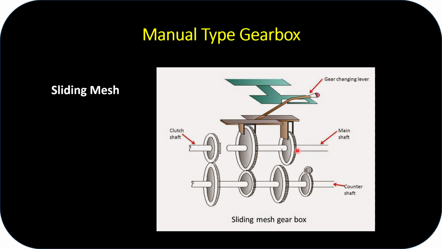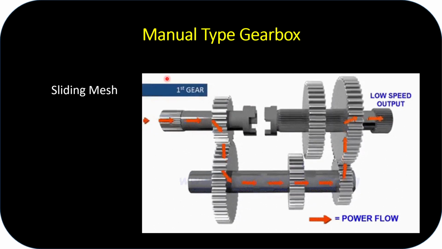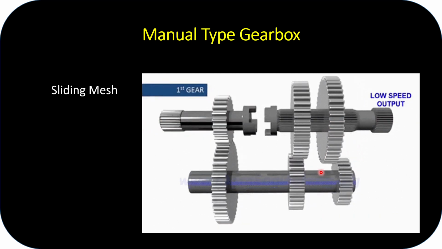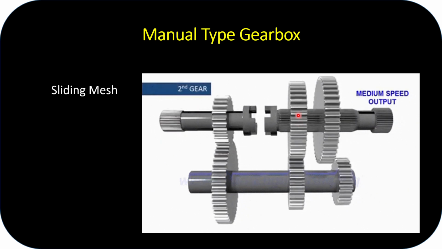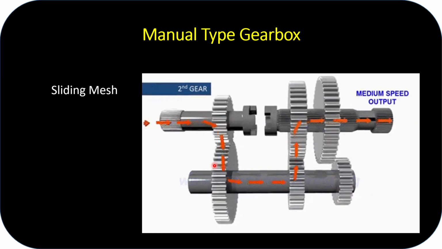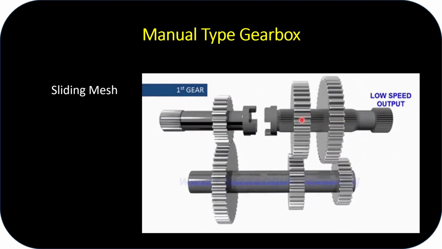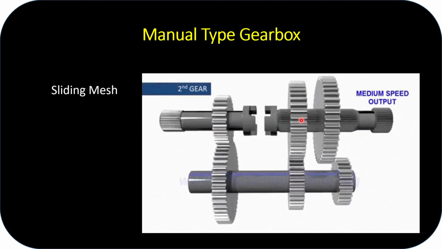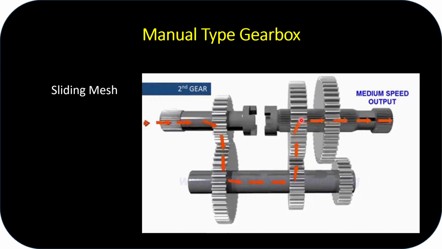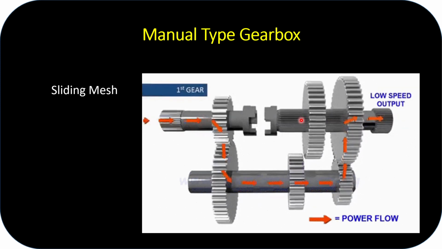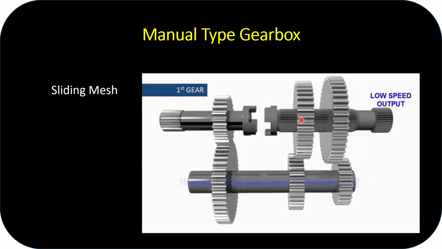So this is how we will select the gears in a sliding mesh type, and this is how it is working. This is the first gear and now it is slided towards here, that is the smallest gear is coming engaged, then the powertrain will move like this. Then this is the first gear, second gear. So this is how it is working. Reverse is not shown in this GIF. Okay, so hope it is clear to you.